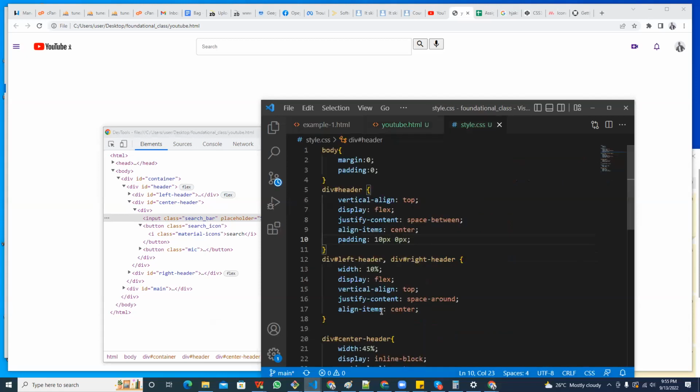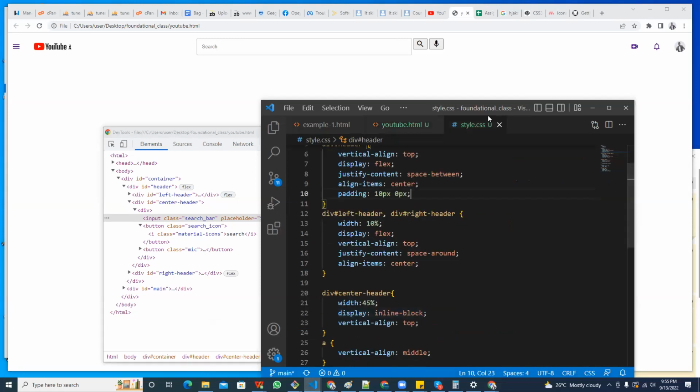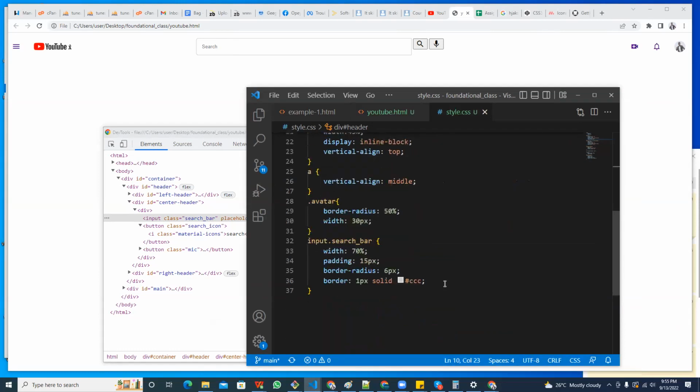What did we add that to? Line 32, input search bar. I'm going to paste it right there. That eliminates the curved edge here. And I think the curved edge here is too much. The original curved edge is about 4, not 6. If you refresh that, you see what I mean. It's not that much. You can see it's 9. So let's also